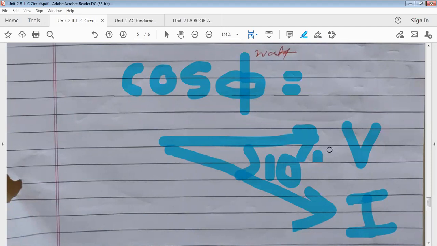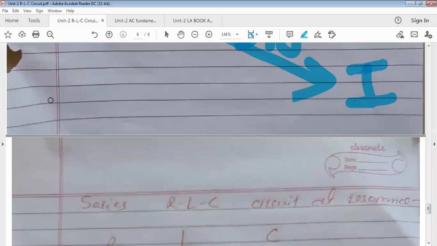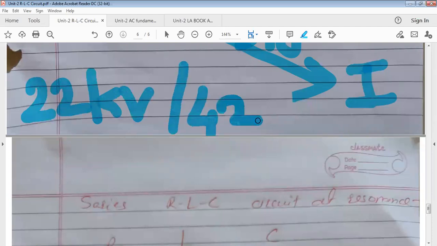Because, as I told you during the practical also, at the back side of the workshop you can find the distribution transformer. To that distribution transformer, electricity reaches on the primary side at 22 kV, and on the secondary side, that step down transformer reduces the voltage to 420 volt, 3-phase. Whatever electricity comes on the primary at 22 kV gets 100% utilized on the secondary side of the transformer if the power factor is nearly equal to 1.